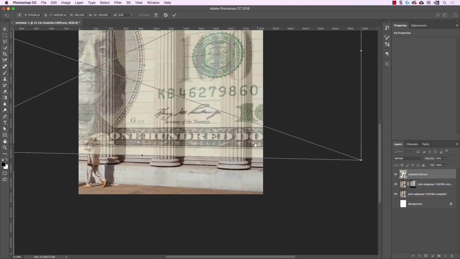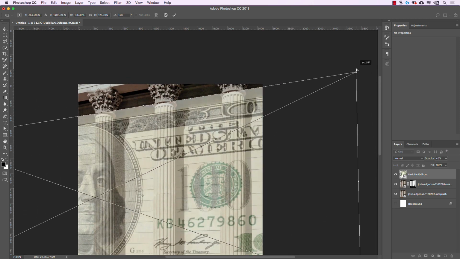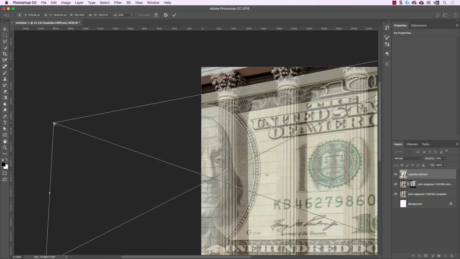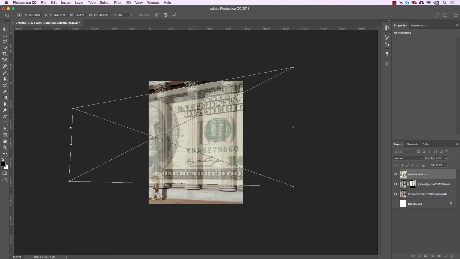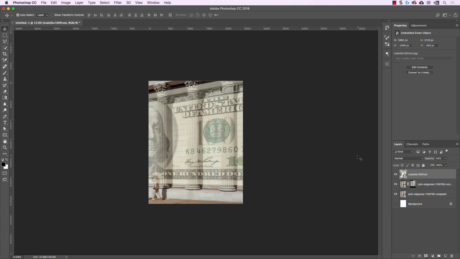Okay, so I'm just moving that point up and down. Part of this is just eyeballing it in, but I want that to follow the line at the top of the courthouse. So I'm just going to move that into place. There we go, and that looks pretty good. Probably something about like that. Okay, so that looks good. I'm going to click check. And then if I make this 100%, you can see it is in position,